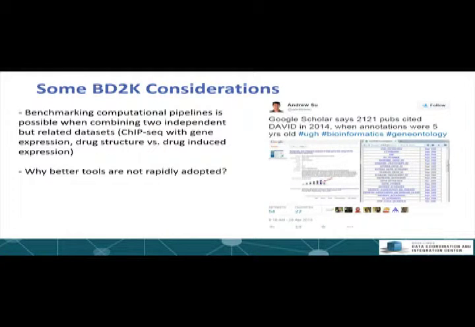So some of those BD2K considerations: that characteristic direction method is clearly doing something very good in identifying and prioritizing differentially expressed genes. However, it hasn't been cited that much or used by many. And so there are some BD2K considerations here too, and one is based on the Twitter post by